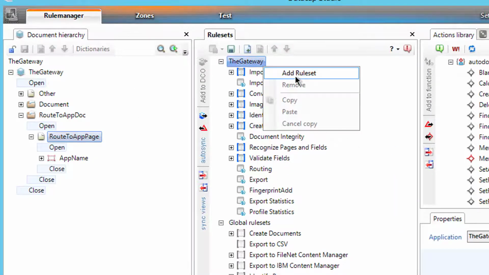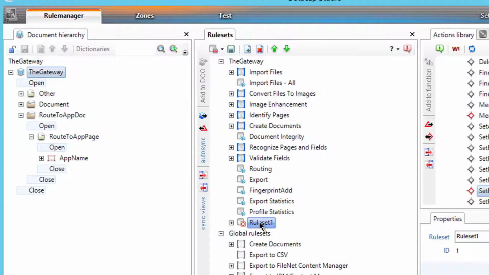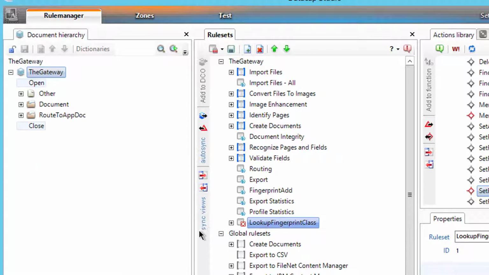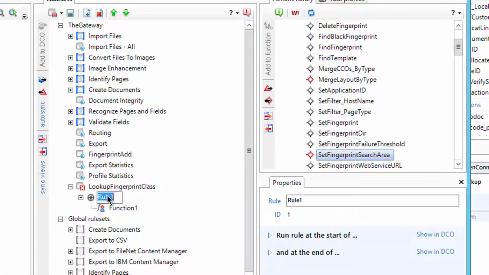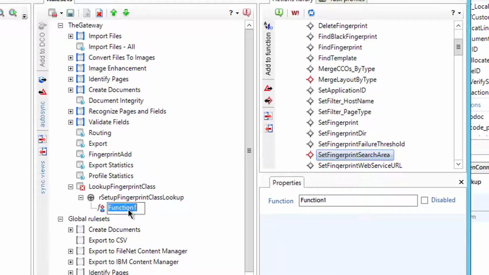I'm going to say add rule set, look up fingerprint class. Let's call it that. Call it what it is. R setup and then F